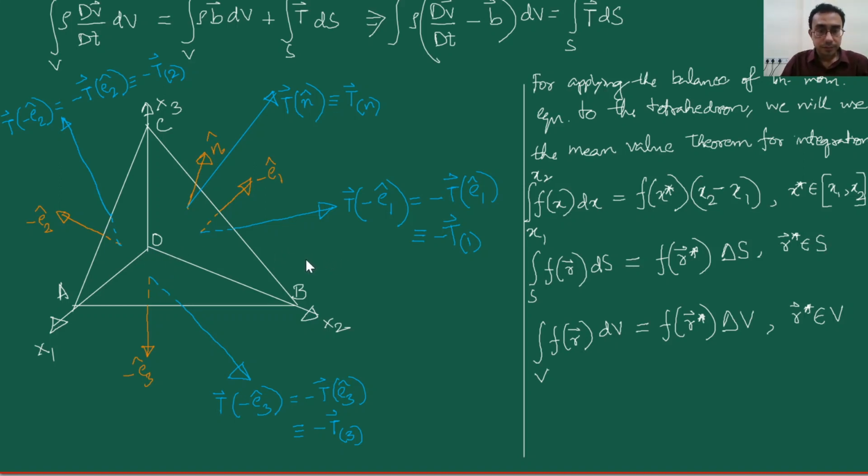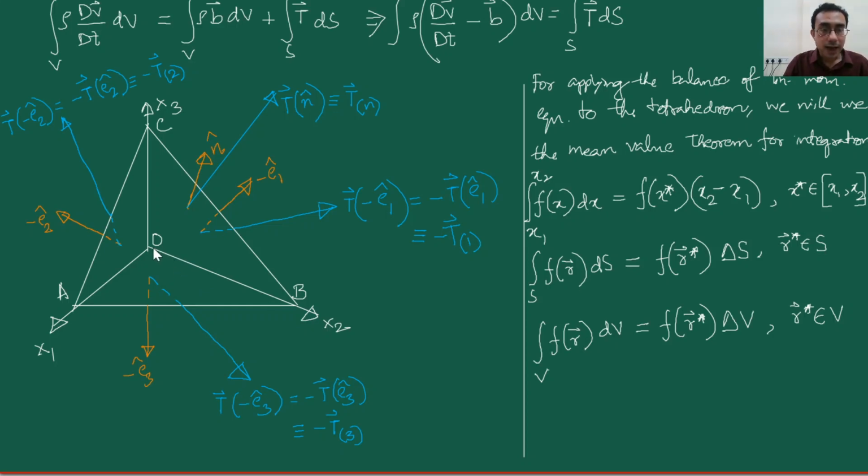Now, for that, what I will actually need is the value of the area of each of those triangles. So the way that will keep the derivation very neat and clean will be to consider this triangle ABC, and then to write the expressions for the areas of the other triangles, the triangle OCB, the triangle OAC, and the triangle OAB, in terms of the area of the triangle ABC. And that's a very neat idea, and we can do that again by taking advantage of the special tetrahedron figure,